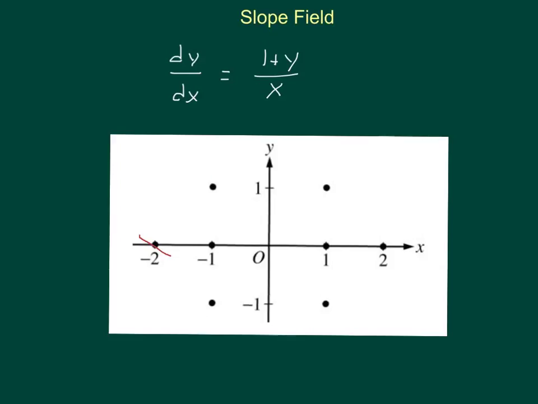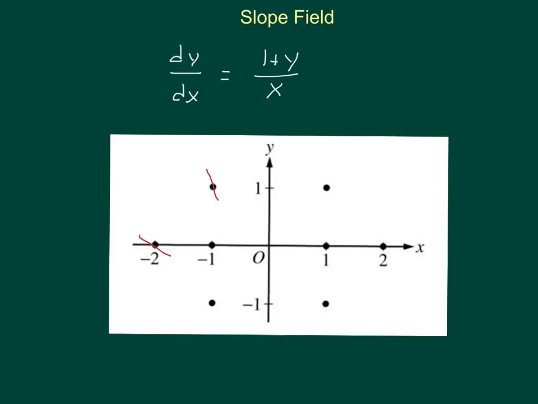So in this case, I will draw a line segment there that points down. I'm going to try to make this go through that point. We know it's going to be at a slope of negative 2. And so I'm going to draw my line through that point,